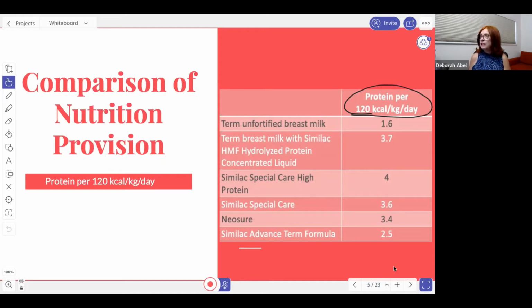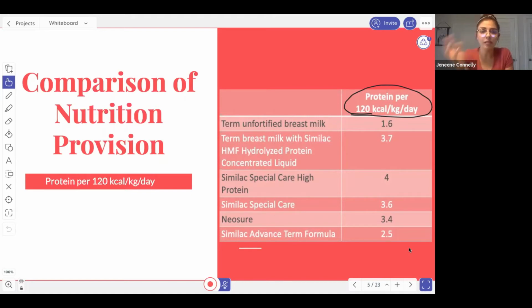And let me just interject something. I want you to notice on this slide that this is actually per 120 calories per kilogram. And when you actually go on the website, it'll be per 100 calories per kilogram. And in previous modules and tips, I've given it to you, or Janine and Nicholas, I've given it to you per 100. So just pay attention to those units. It's very important that when the numbers look a little different, it's because it's per 120, not per 100 calories per kilogram. So this is actually something that we